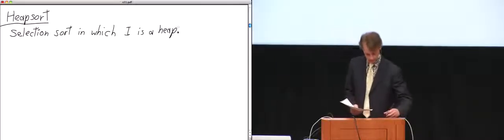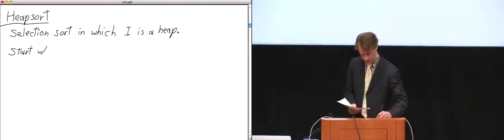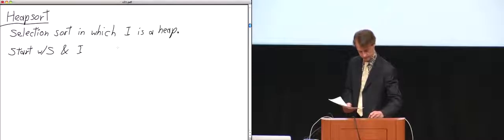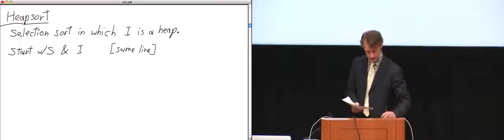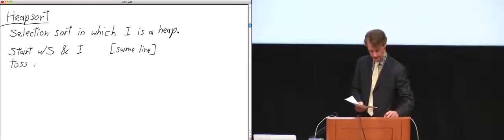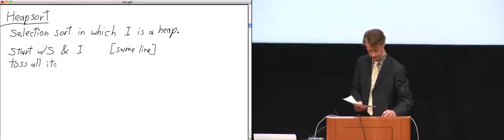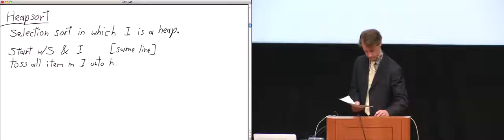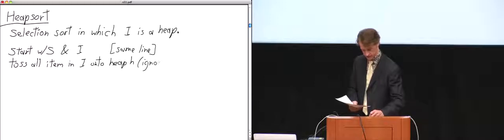So here's our algorithm. We're going to start with the usual empty list S and I. This is the same line that I started the last 2 algorithms with, so I'm not going to rewrite it in full. But we're going to take all of the items that were given, and we're going to call them a heap, except we have not yet enforced the heap order property.